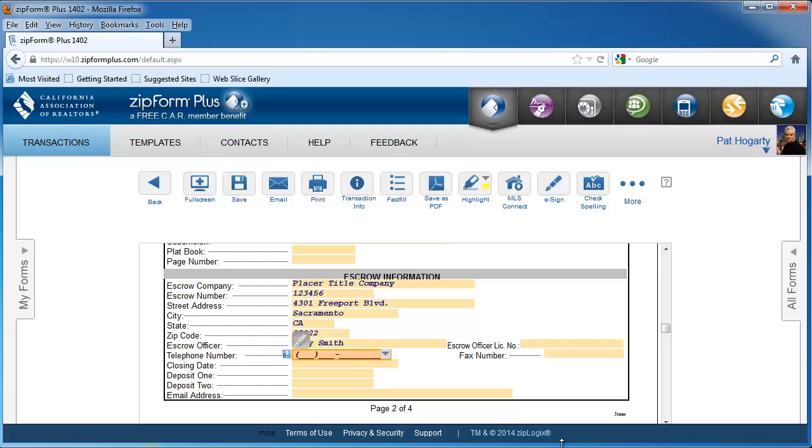This is their telephone. So in this particular case, the telephone would be 916-736-1420. And the fax number is very important, because believe it or not, in today's world there are still people that don't have the ability to scan a document, make it a PDF file, and send it as an email attachment. So what they'll do is they'll fax things. So you always want to know what their fax number is. In this case it's